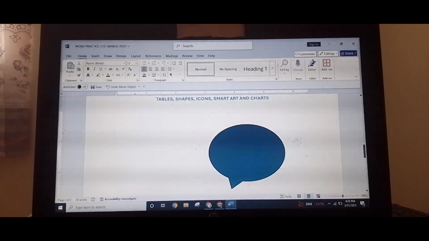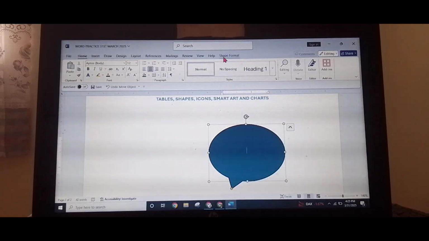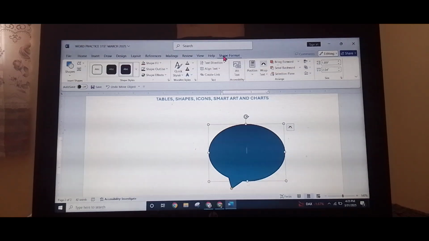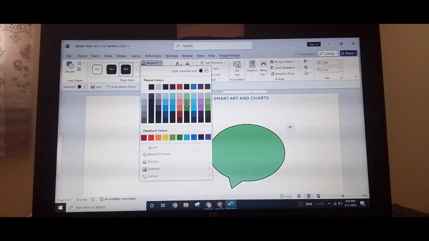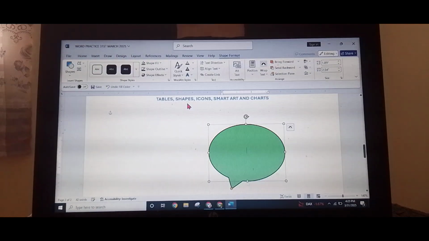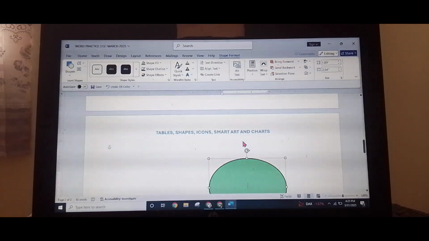After that, this shape I can change its color. If I click to activate it, I have shape format. Under shape format, we have shape fill. Shape fill can help me change the color for my shape. But remember, I've changed the color inside. What about